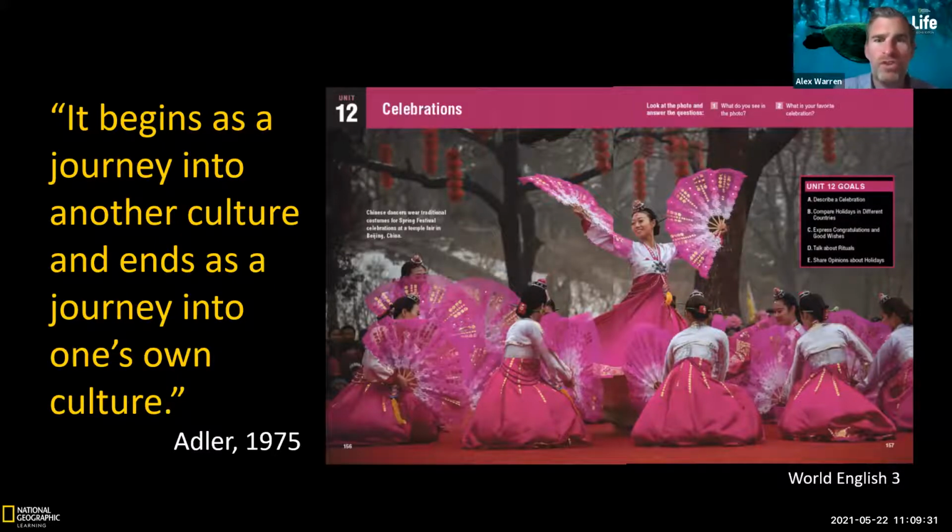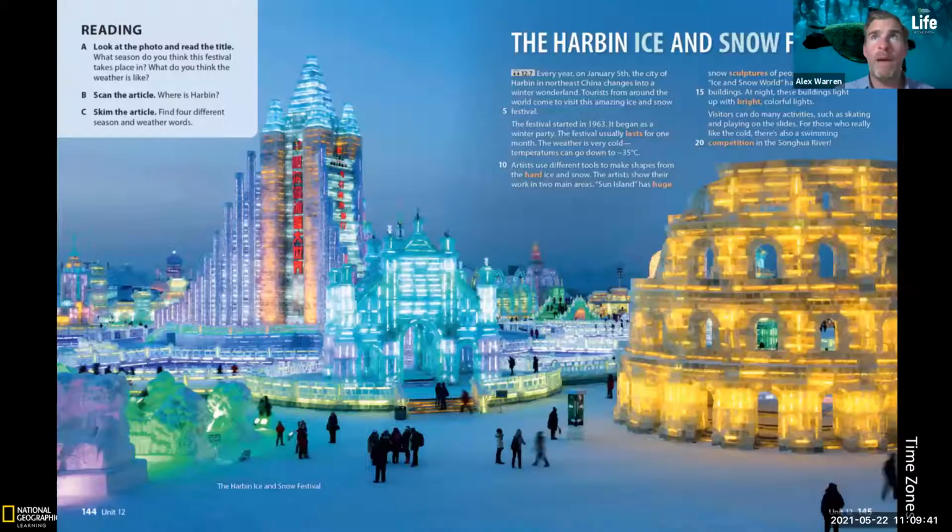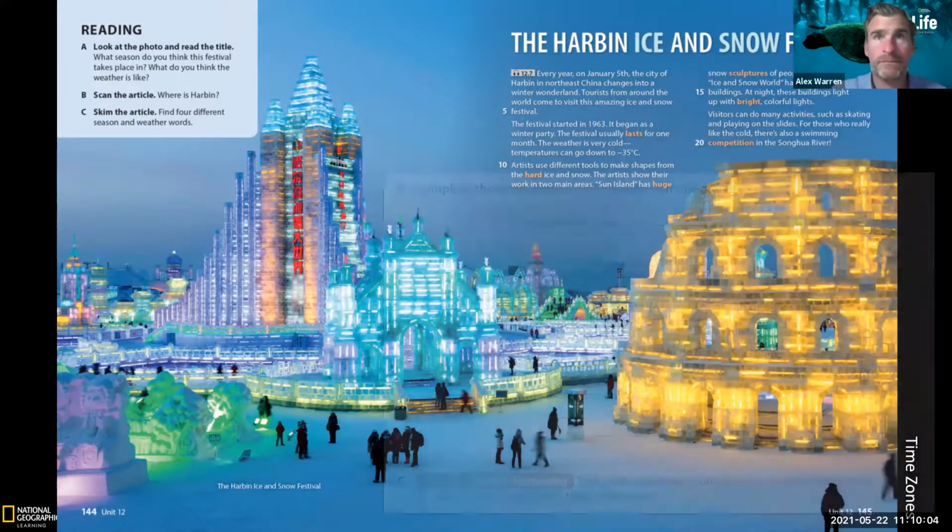It's an opportunity for students to reflect on their own culture. In other words, to personalize it. So, for example, imagine we've done this lesson all about the Harbin Ice and Snow Festival. Now, of course, no one has ever been to the Harbin Ice and Snow Festival because it's in China. In Central America, it never snows, or at least I don't think it ever snows there. Maybe it has once in a while. So you think maybe they can't make connections, but that's okay because we're still learning about the world.